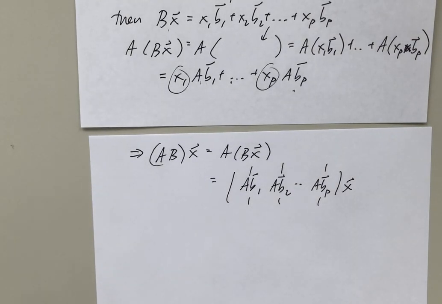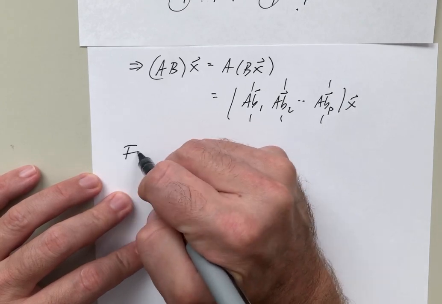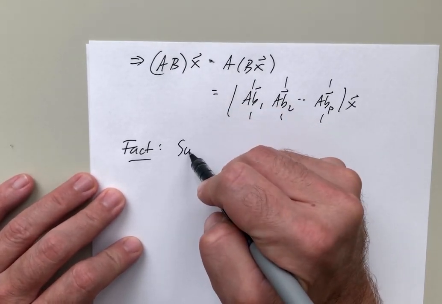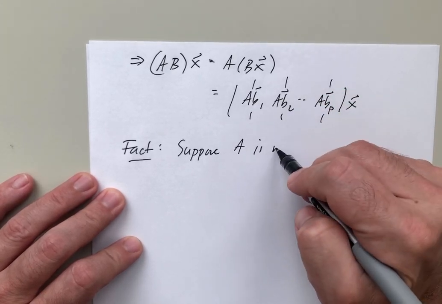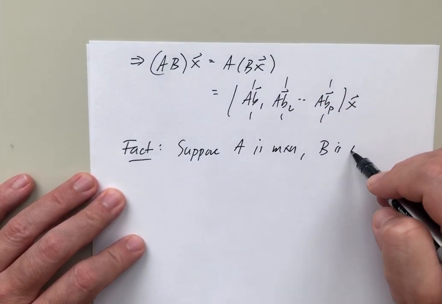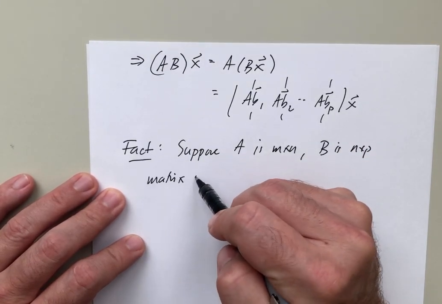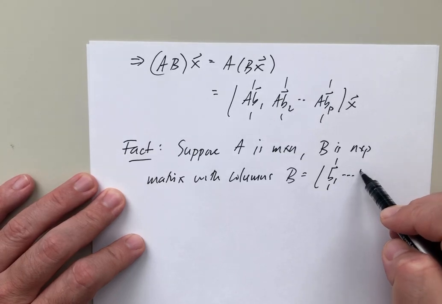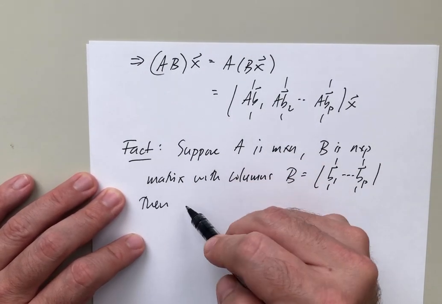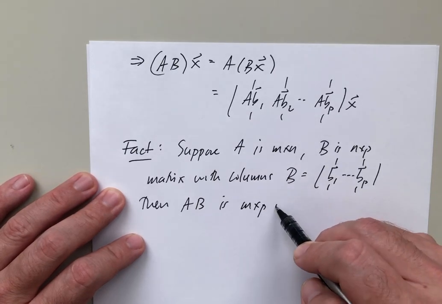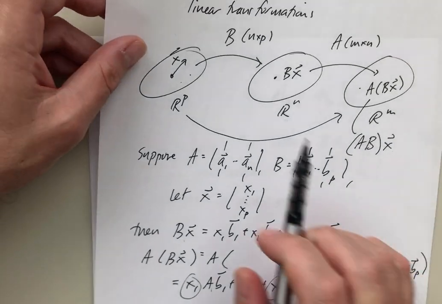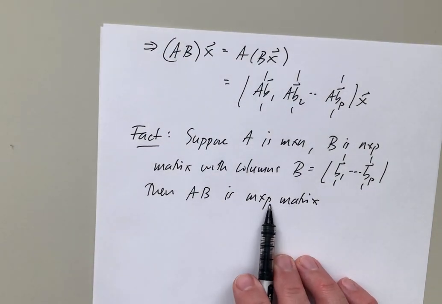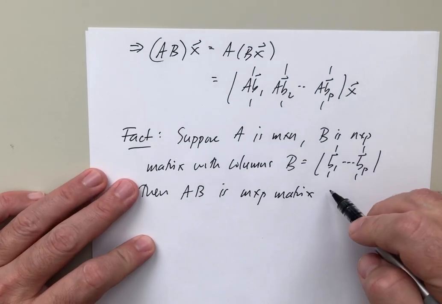Okay, let me write that down. So what did we just prove here, basically? The fact, or definition, says that suppose A is an m by n matrix, B is an n by p matrix with columns B1 through BP. Then this thing AB is an m by p matrix. Remember, AB is mapping from RP. It's eating vectors in RP and spitting them out in RM. So it better be an m by p matrix, given by